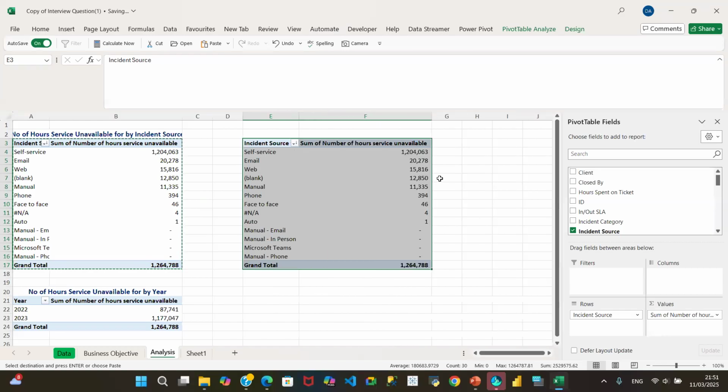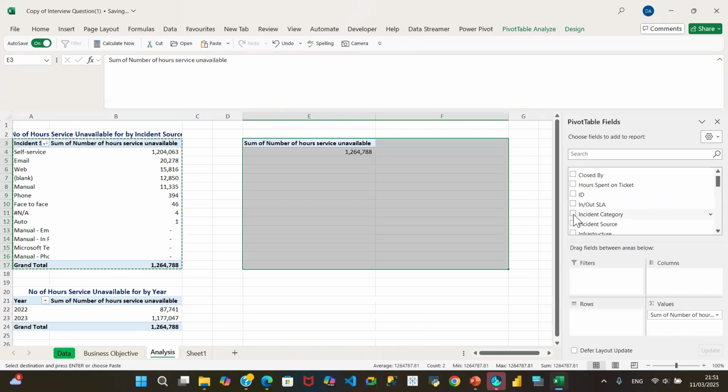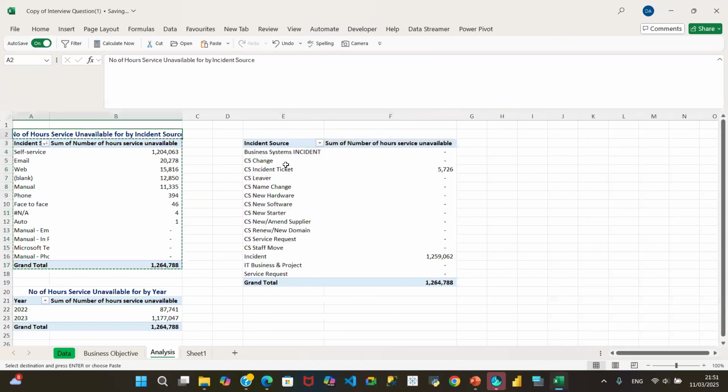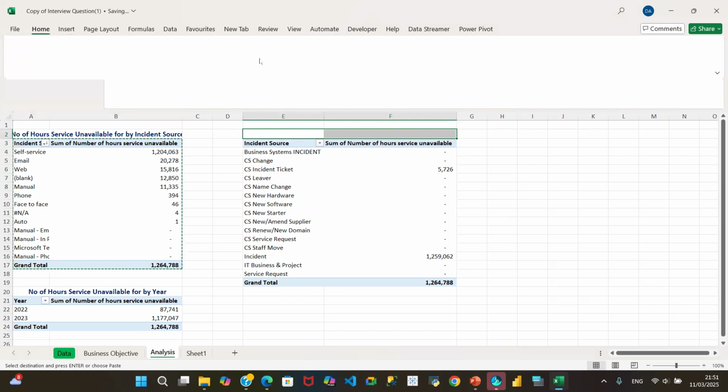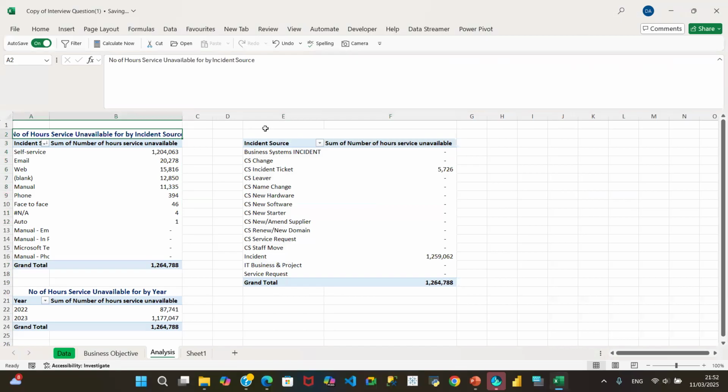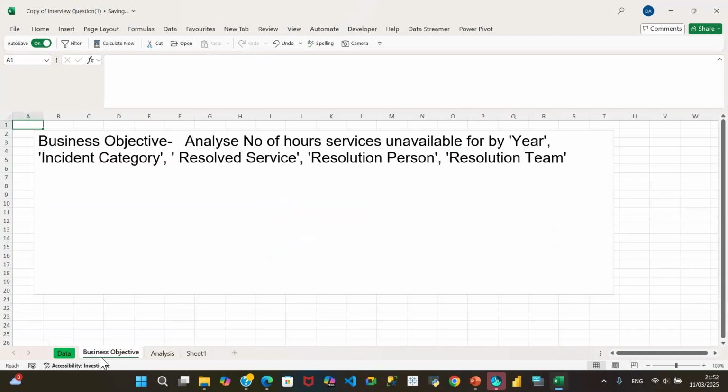And what I need now is incident category, not incident source. Okay. And that's my incident category there. Okay. We can see how that merge and center again and give that the title. So copy, paste, and change that to incident category. Okay, and the next one,